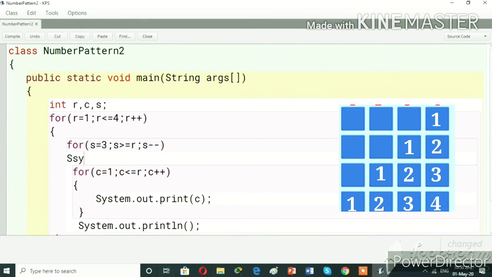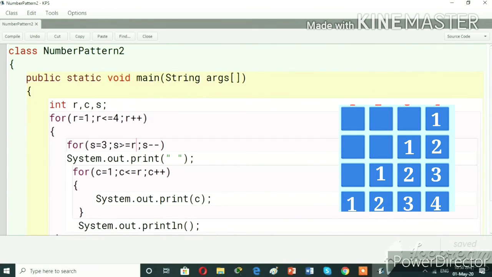So in the first line, first System.out.print. In the first line it will print spaces up to 3, in the second line up to 2, and in the third line up to 1, according to the row.